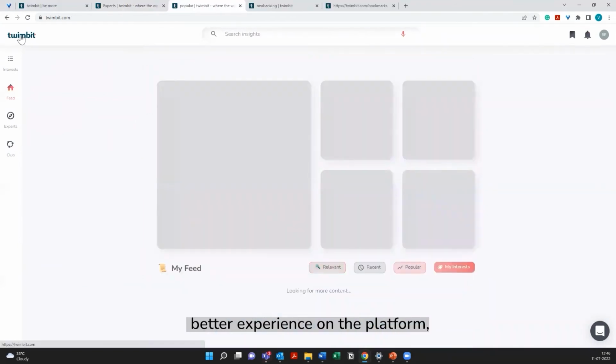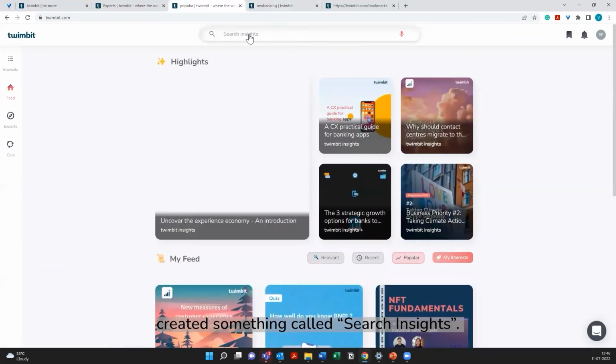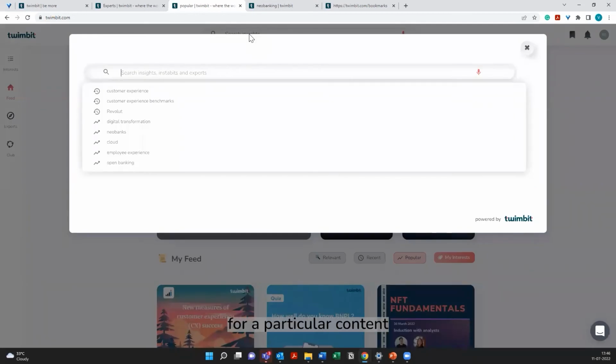Finally, to enable a better experience on the platform, we have created something called search insights. If you're looking for a particular content and you don't want to go through the entire platform, you'll just put in the right keywords that you're looking for, and the content will automatically start getting populated, and you can identify which content or insight suits better to your needs. So for the purpose of this, if I put in a particular keyword, for example, customer